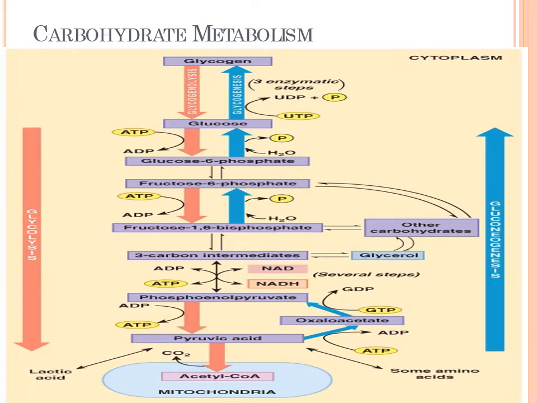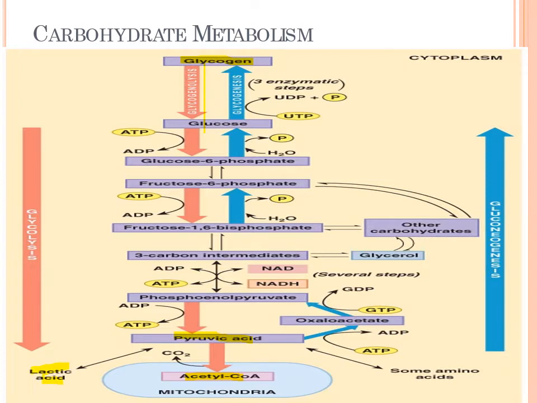On the left side of this picture, it's showing glycogenolysis. Here's our glycogen up at the top. So going down the left side, you're breaking down the glycogen to glucose, and then going through glycolysis and breaking down glucose further into pyruvic acid. The pyruvic acid is going to be broken down into acetyl-CoA, and the acetyl-CoA will enter the mitochondria, go through the citric acid cycle, and then through the electron transport chain and produce your ATP. A byproduct of glycogenolysis is lactic acid over here.